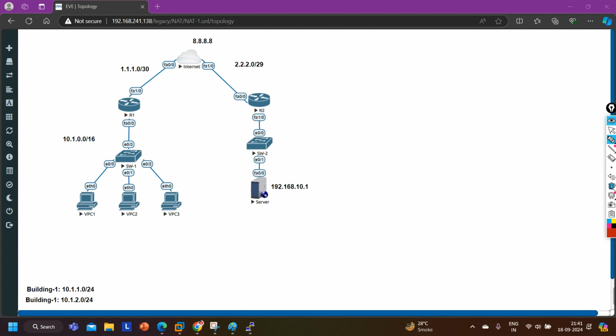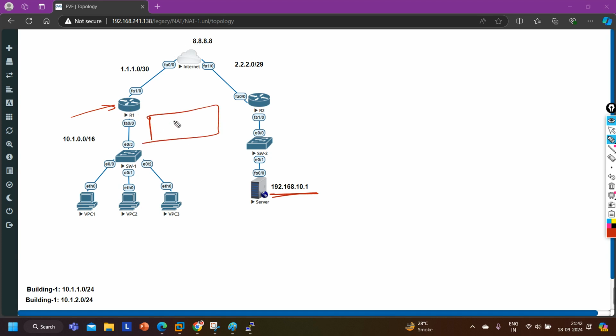Actually, on router number 1, we need another path to forward traffic to this network. Whenever the router receives traffic for the 192.168.10.0/24 network, there should be another interface. It should not forward traffic to the internet directly.